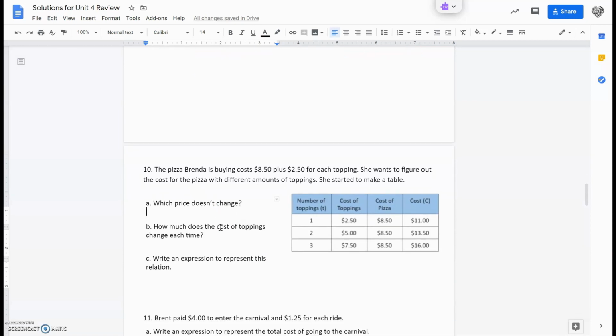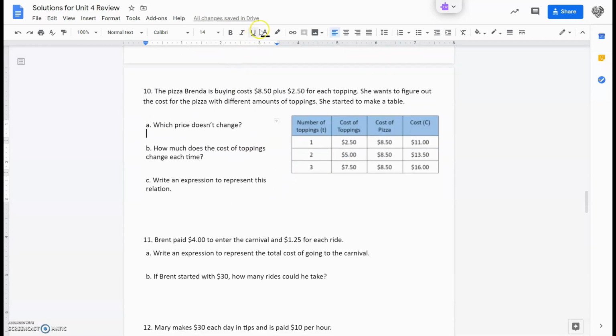So now we have some word problems. The pizza Brenda is buying costs $8.50 plus $2.50 for each topping. She wants to figure out the cost of the pizza with different amounts of toppings. So she started to make a table. So if she got the pizza with one topping, it would be $8.50 plus $2.50 for one topping, which would